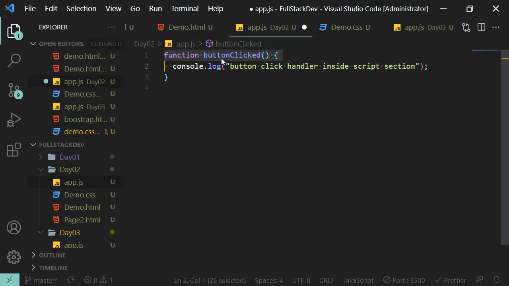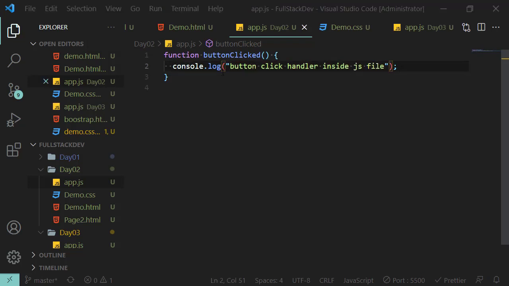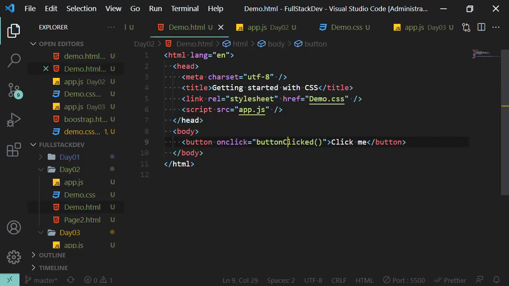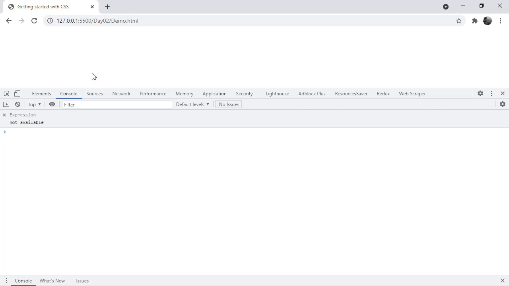Now if I bring the function definition back, button click handler inside JS file, I'm going to put this comment, and the button click function name, I'm going to put inside the onclick. And now if I refresh this,